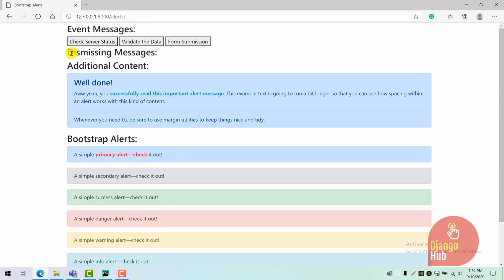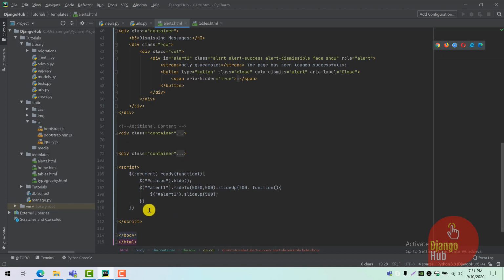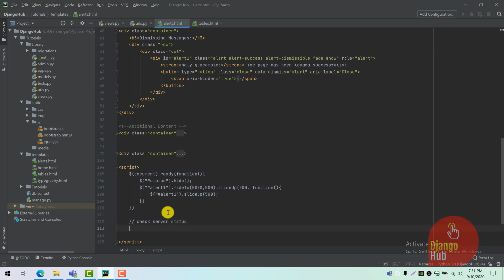Alright, so let's do something on each event: check server status, validate the data, and form submission. Based on the event, the message has to appear respective to that event. So let's work on check server status. Let's create a function. Let's make a comment, check server status, and I'm defining the function as